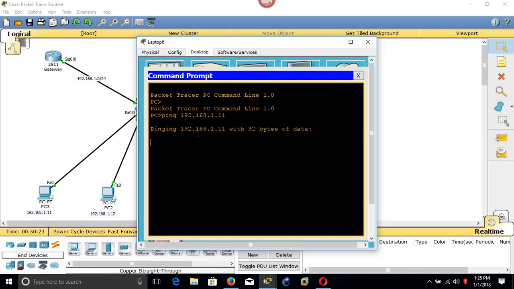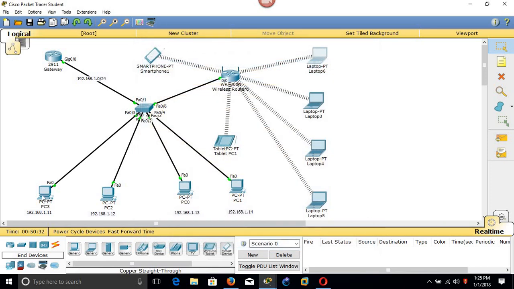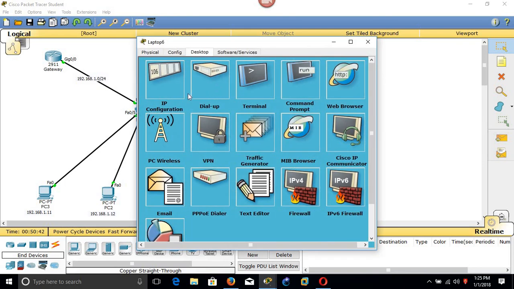Oh, it is synchronizing. It is sending the hello packet, timeout. Yeah, now we can ping. If we can ping, it means if this PC is getting the internet, this PC will also be able to get the internet.